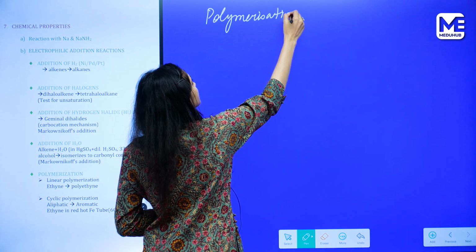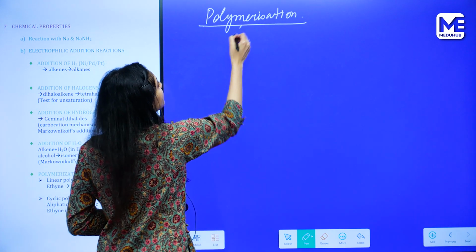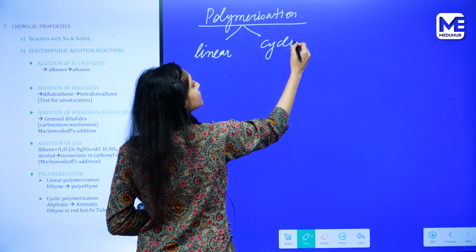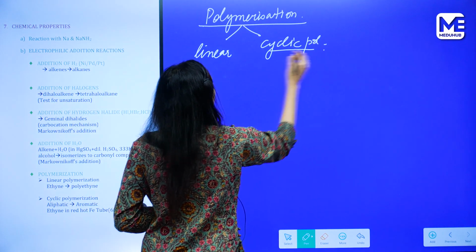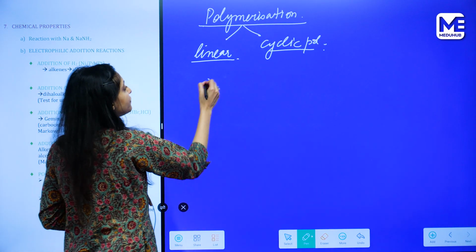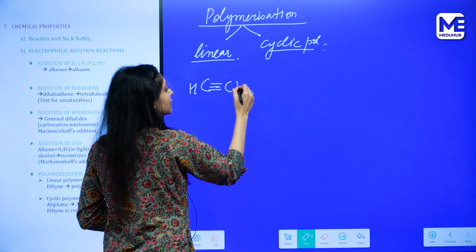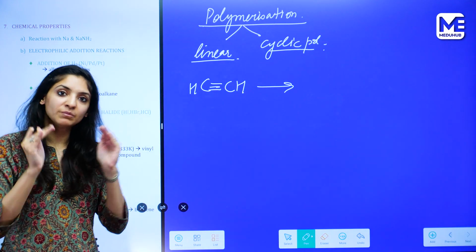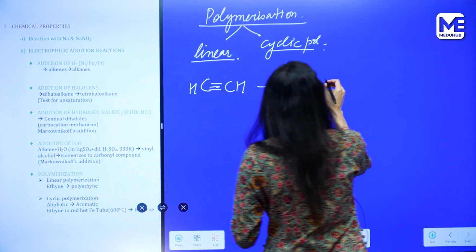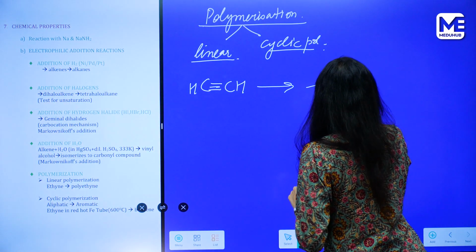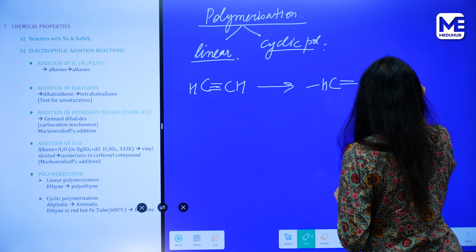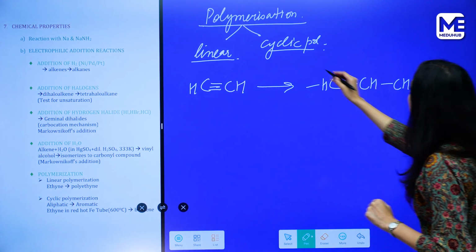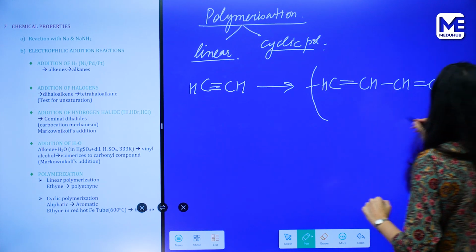Polymerization. This addition reaction can be either a linear polymerization or a cyclic polymerization. In linear polymerization, if we have ethyne, it will polymerize under required condition of temperature and pressure and suitable catalyst if required to form these units. One, two, three, four, and these units, this monomer will be repeated to give us this polymer,